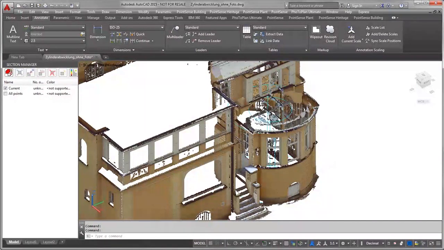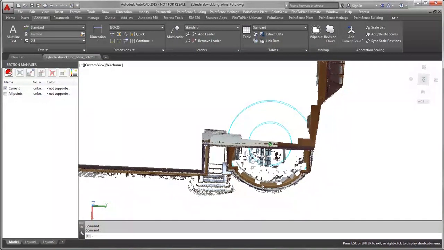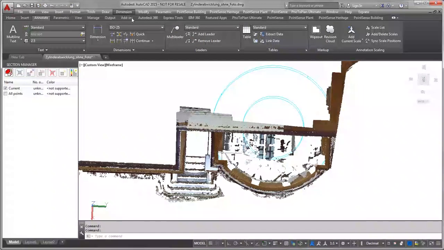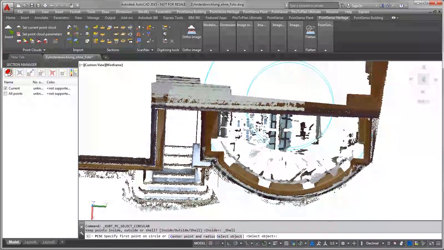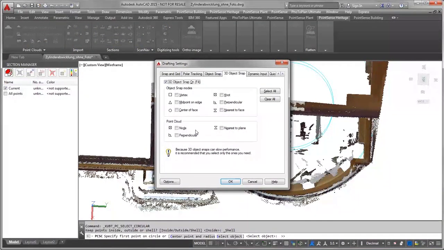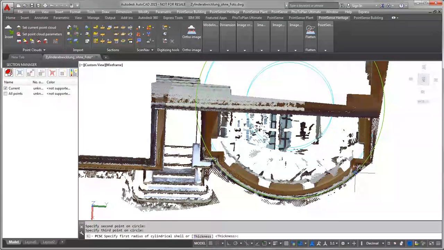To do so, I will first clip the point cloud to the part which I really want to unwrap. So please note that we have some really nice tools for clipping. I can define a circular shell, and I will do so. I will select some objects with the object snap, F4, point cloud node, okay, and pick 3 points to create the shell,